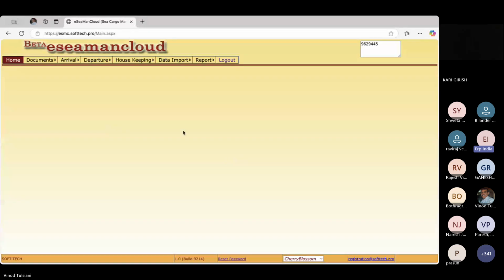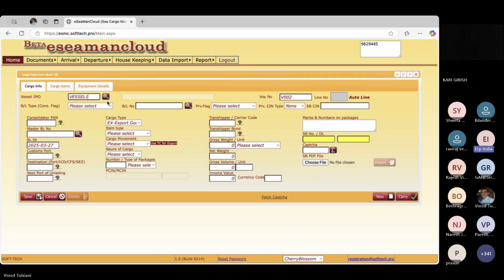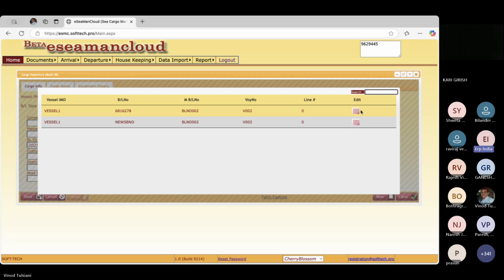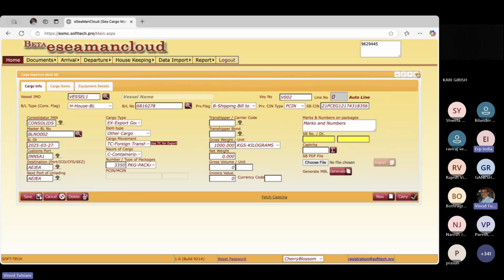सर, लेकिन इस सिनेरियो में मास्टर BL जो होगा, उसमें तो मेन मास्टर वाला जो नंबर होगा, हाउस BL में, कार्गो डिपार्चर हाउस BL में मेन कंसाइनर के कोड, सब वी विल बी अपडेटिंग इन ओवर देयर। बट कार्गो डिपार्चर जो मेन स्क्रीन है सर, ये सब डेटा मर्ज होके कार्गो डिपार्चर की स्क्रीन में आएगा। एम आई राइट सर? हाँ।